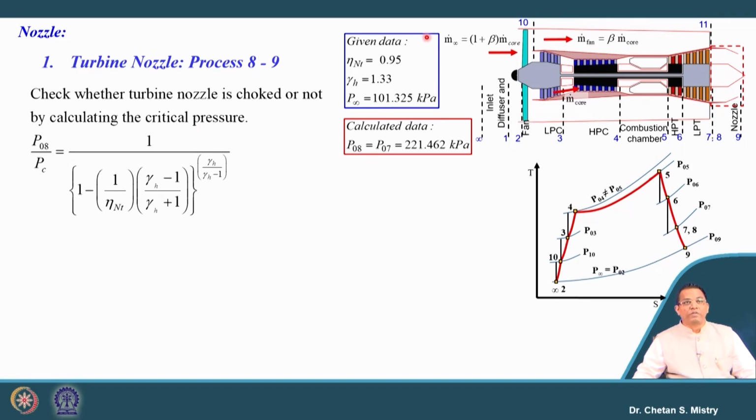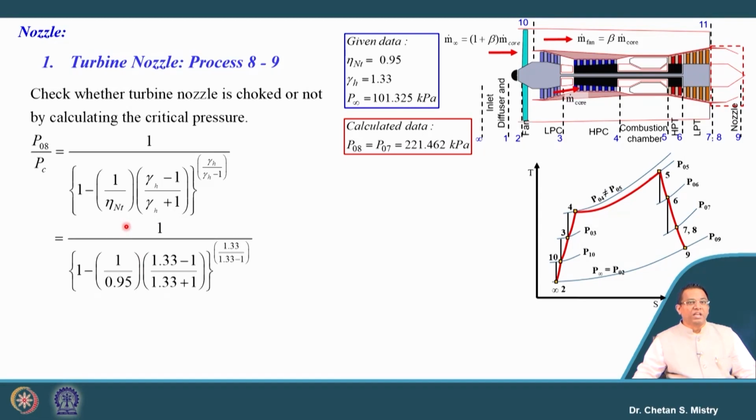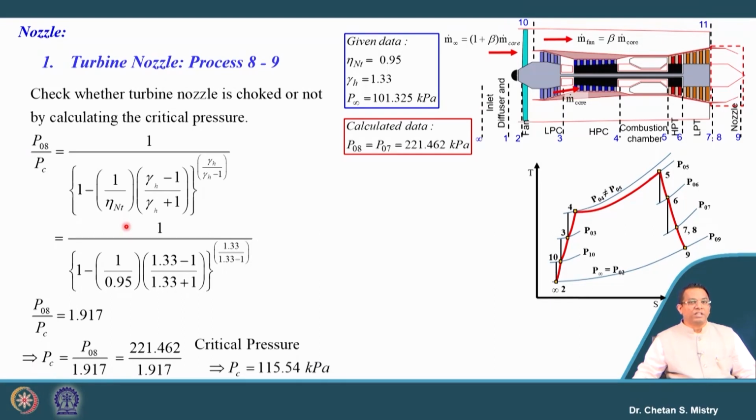Okay. So, we have our straight component, that is the turbine nozzle. For that turbine nozzle, we can take the critical pressure ratio to be P08 by Pc, and that is a function of my nozzle efficiency. Nozzle efficiency is given, that is 0.95, 95%. So, if we put in this number, the critical pressure is coming as